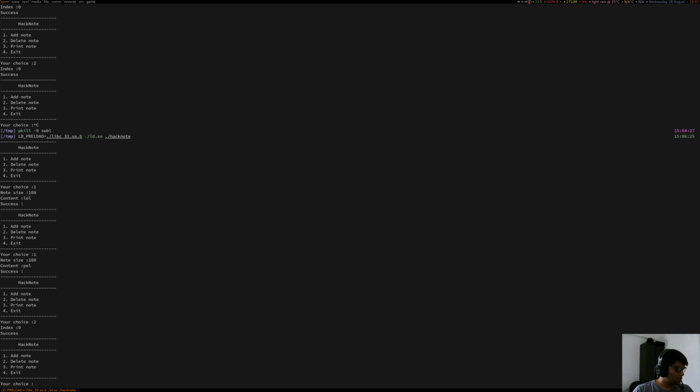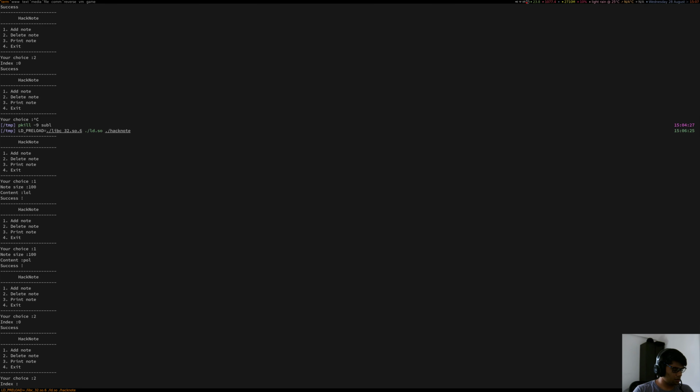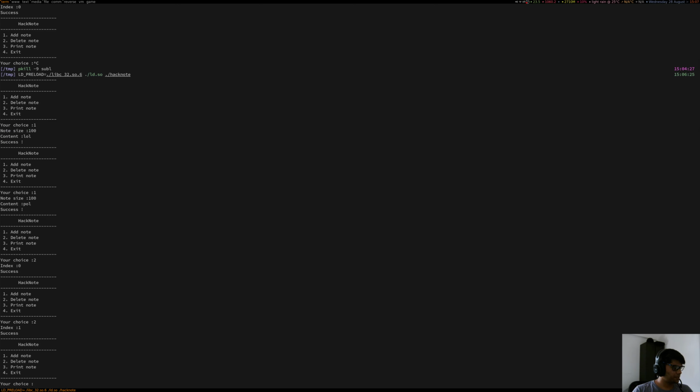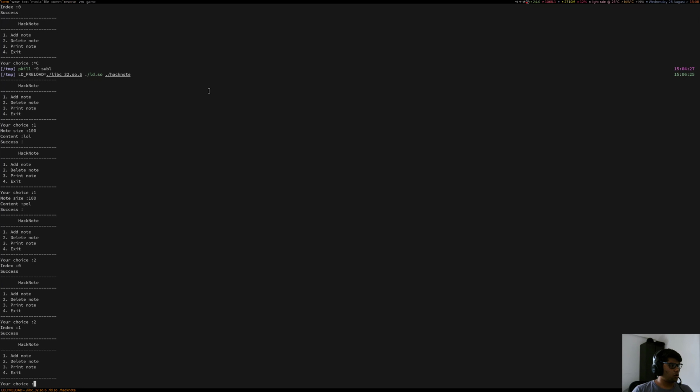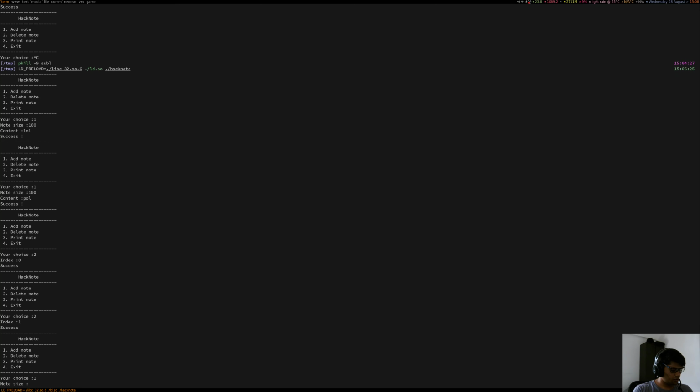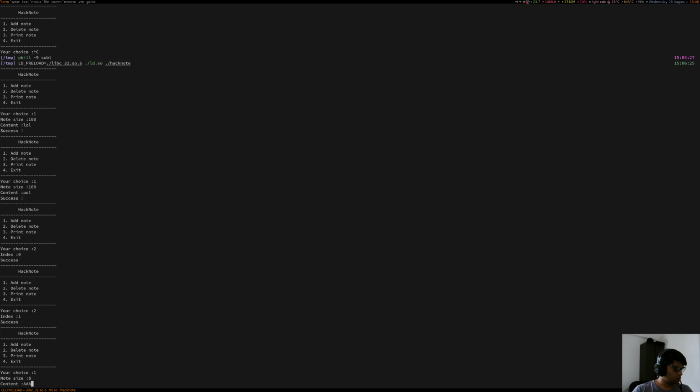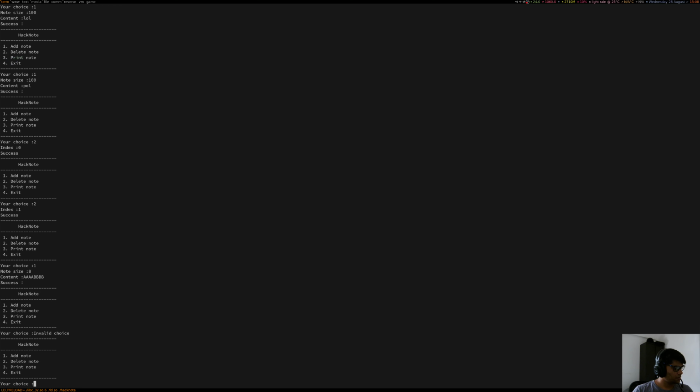Now once we have that, I'm going to free one again. So right now, both of the entries, in this case the entries of index 0 and 1, are in the free list. Now if I add one of size 8, and I say 8, 2, 3, 4, BBB, now if I try to print the first one,